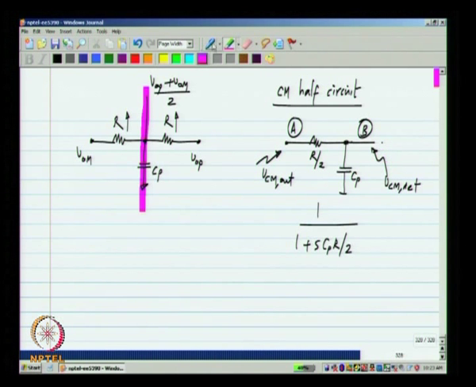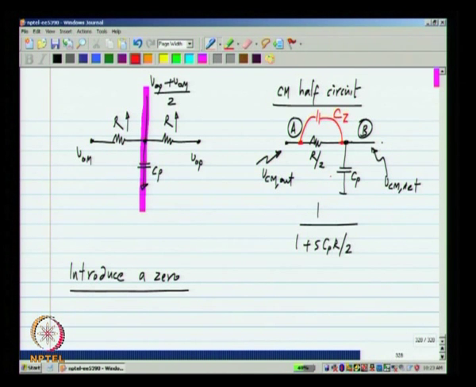Now, how do we fix this? We have earlier seen that by introducing a 0, we can essentially present an advance, that is a negative delay, and then counter the effect of the delay. Now, how do we implement a 0 in this first order low pass filter? That is very easy. All we have to do is to connect some capacitance like this. Let me just call that Cz.